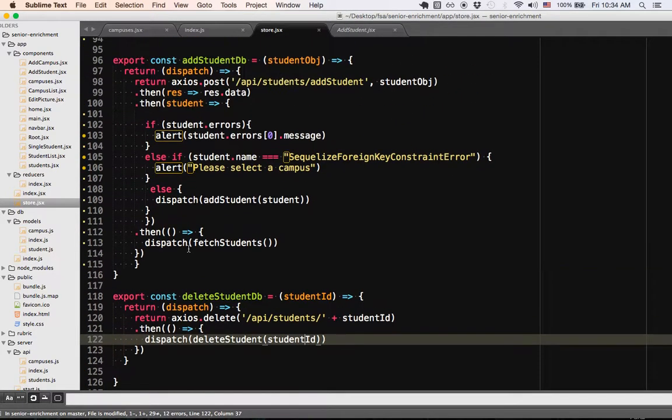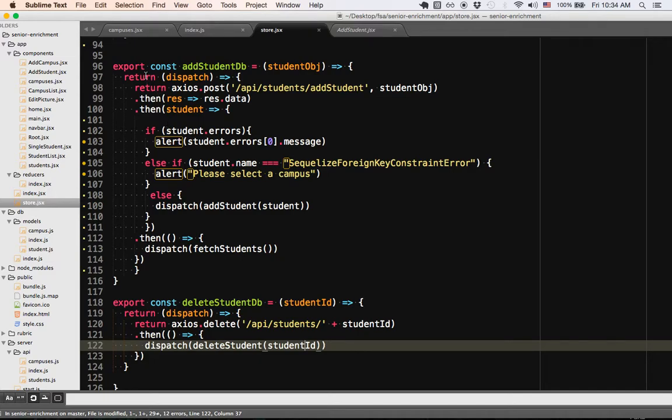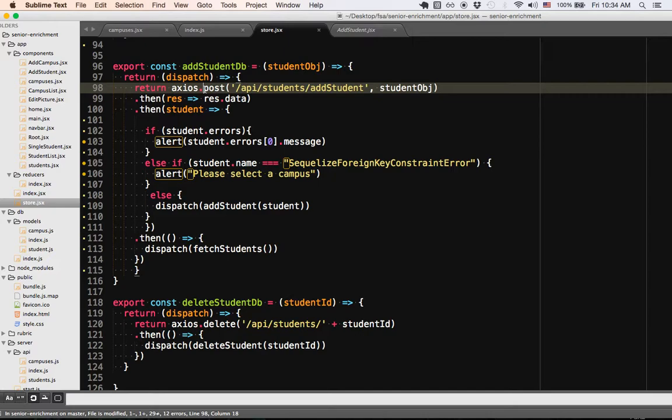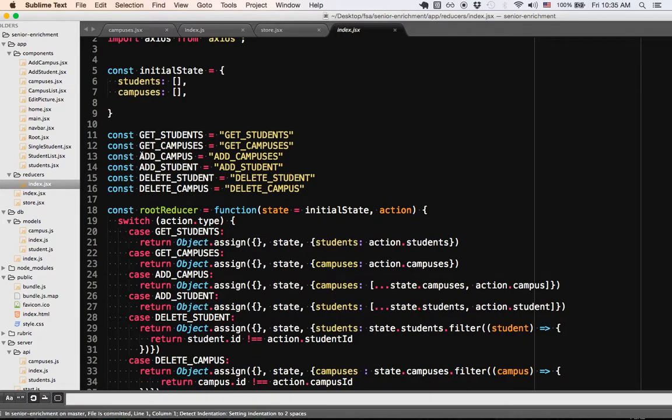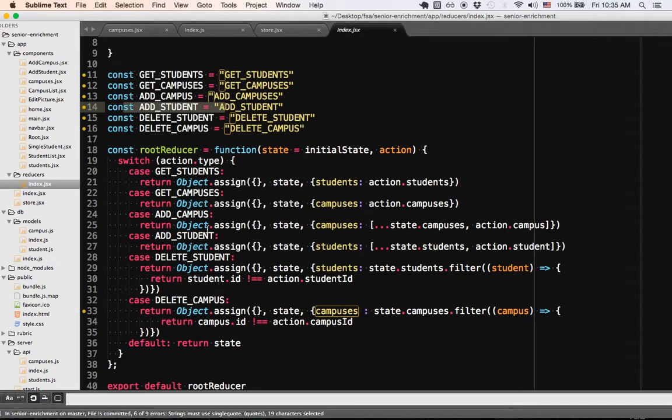And what the add student thunk does is it talks to the server, makes a post request, which adds that new student row onto the table, and then we dispatch the add student action creator to the reducer, which adds a student right here. And that pretty much